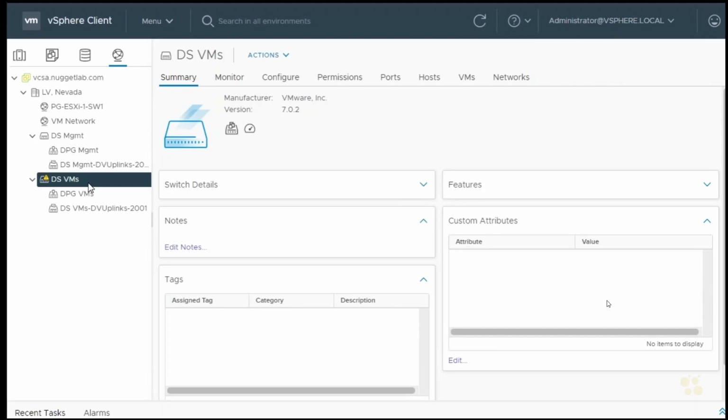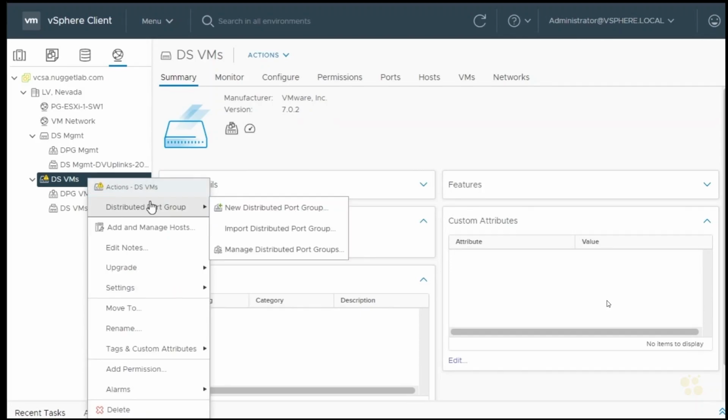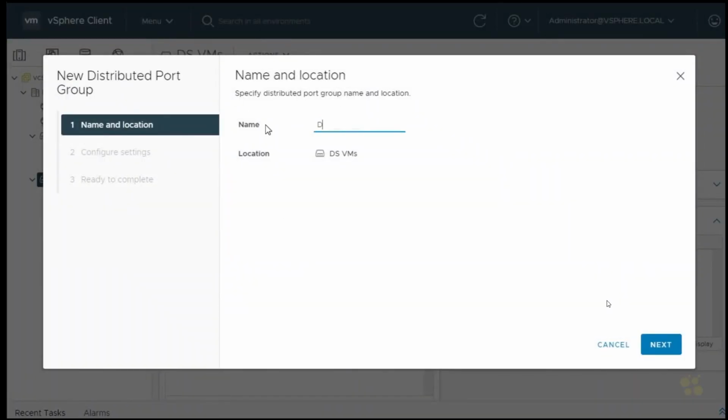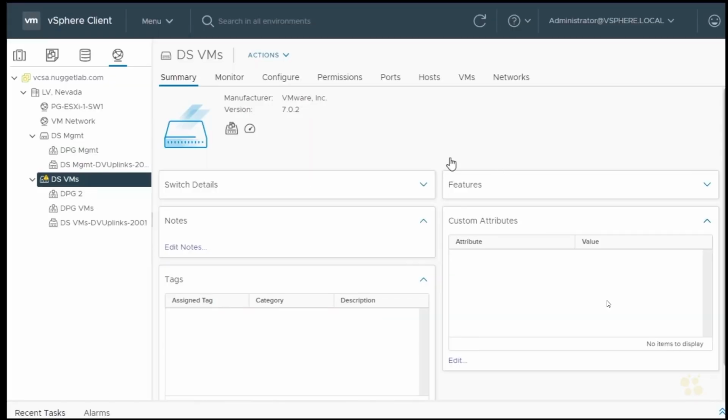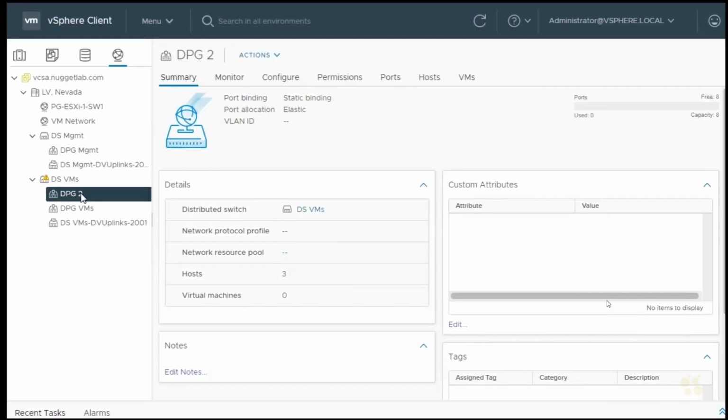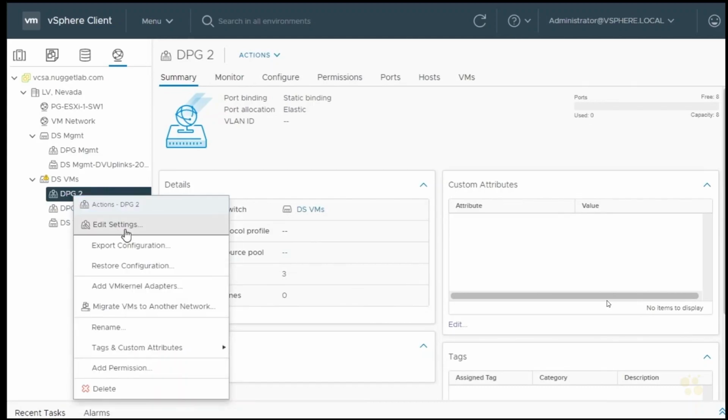So on DSVMs, we'll right click on that. We'll hover over distributed port group and we'll create the new distributed port group. And we're going to call it DPG space 2. Click on next, and finish. And then we'll go modify the properties of DPG2 by right-clicking on it, clicking on Edit Settings from the drop-down,